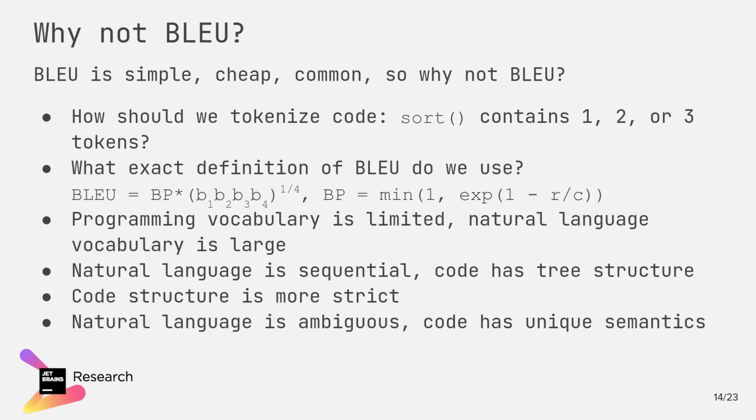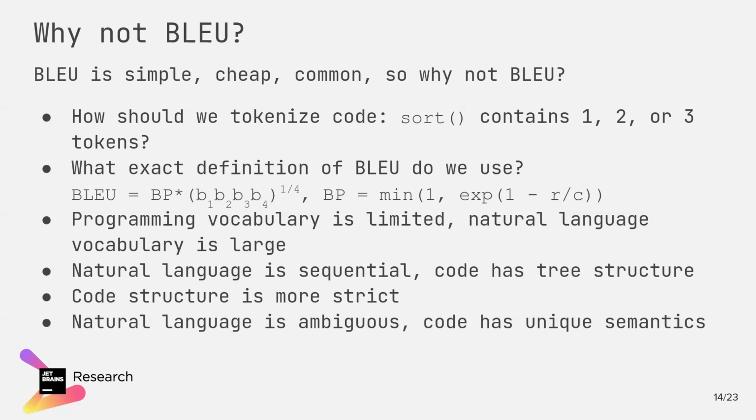And finally, unlike a text in natural language, the code has unique semantics. So unless we have a really good model that really understands the text meaning, and it is very hard to build such a model for NLP, for natural language processing tasks, since a text meaning can be ambiguous even for a human. And an NMT metric should probably focus on the lexical precision, like the BLEU and the METEOR metric